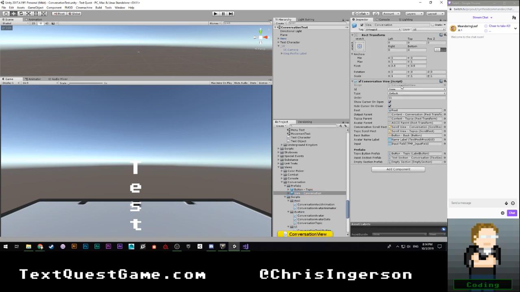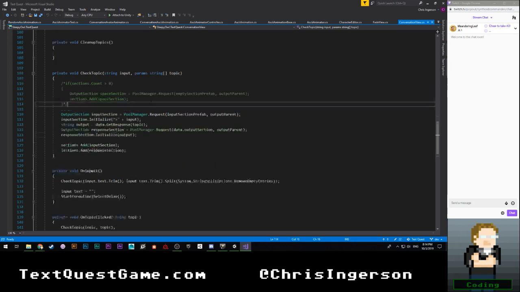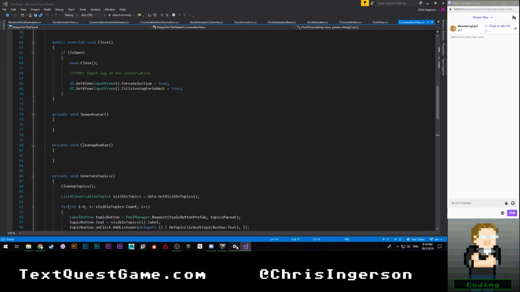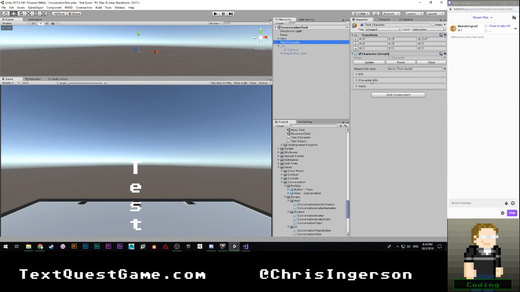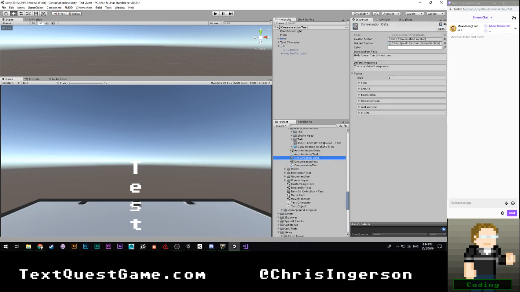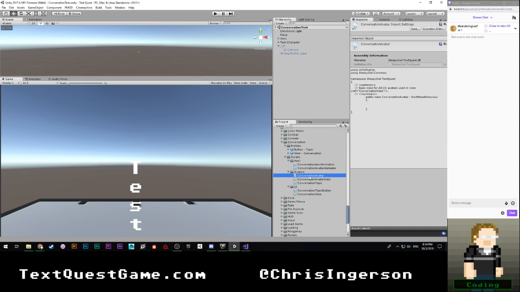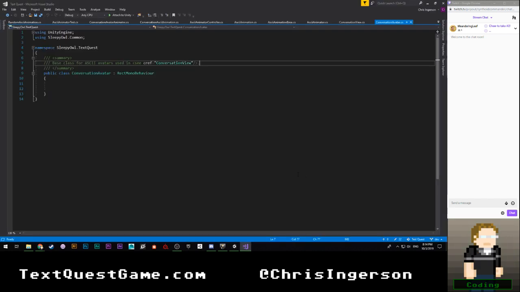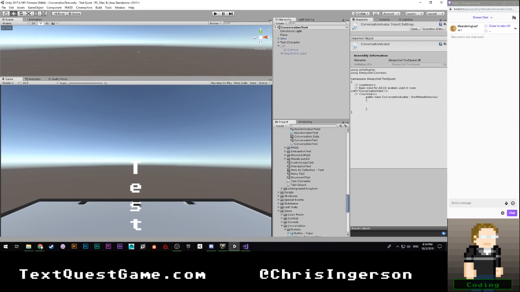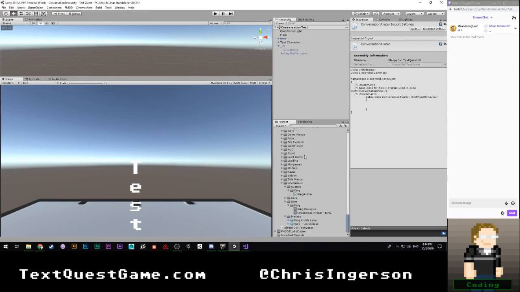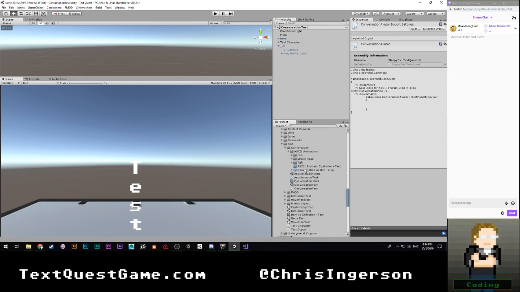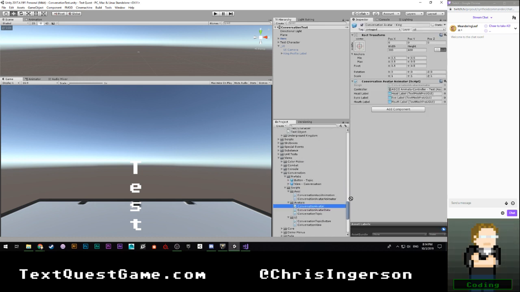I am going to open this up because I think I have it set up so that you have to pass in the test character here. This is what I want. Conversation data takes a conversation avatar, which I don't think I actually have, meaning anything right now. It's nothing. All right. So conversation avatar is, I guess, going to be a wrapper, now that I think about it. So we're going to jump over to here. We're going to make this a conversation avatar.